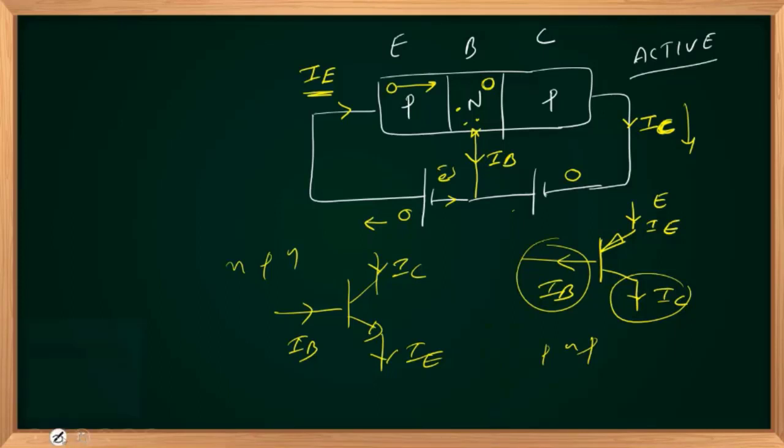If you are reversing the direction, it will become PNP. Leave, in. So that is your in, leave. That's your PNP. So nothing else. All other explanations are valid for PNP also, except electrons will become holes, holes will become electrons, positive will become negative supply voltages. Right? Okay. So that is the fundamentals of your